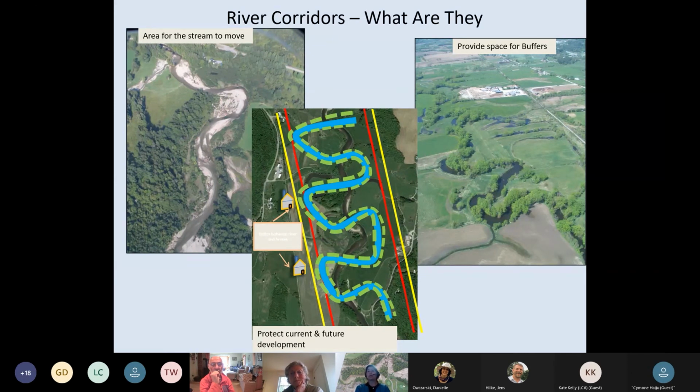Vermont's river corridors are a minimum meander belt, so how far out does the river move over time, and an additional 50-foot buffer that is needed to allow the river to adjust over time towards a more equilibrium condition, along with meeting those water quality and habitat goals. If we can reduce encroachment in these areas, the impact from flooding over the long term should also be reduced.